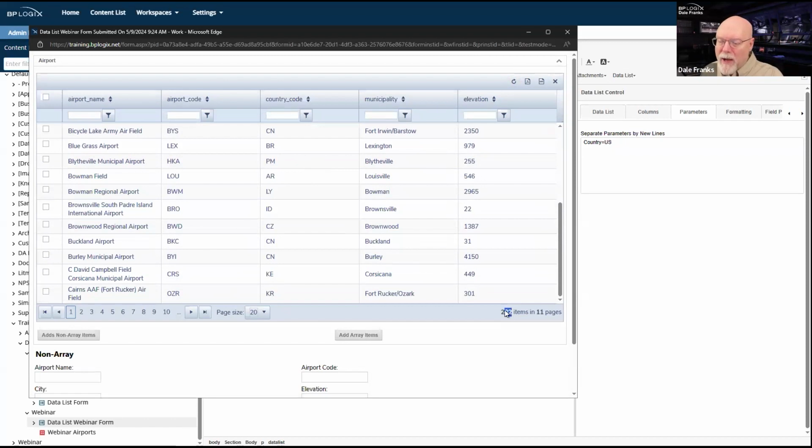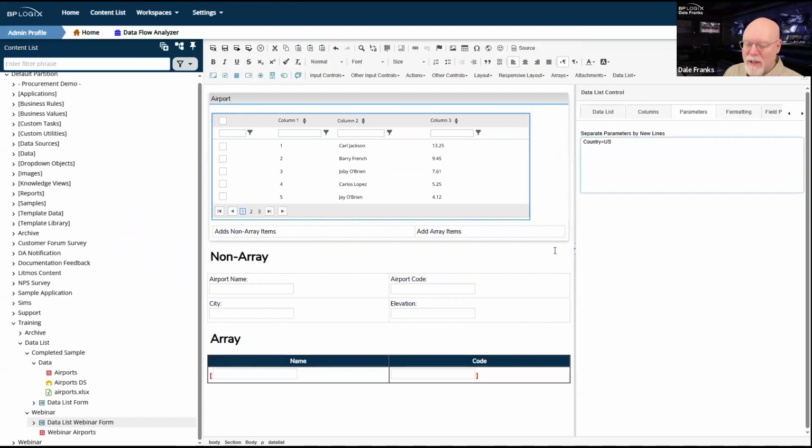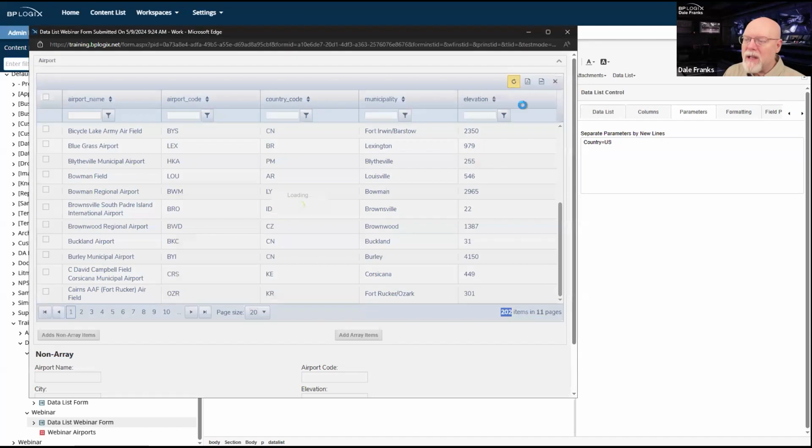Note down here at the bottom, if you haven't noticed that all these are American airports, my data set just changed from 820 some records to 202 records, and my page size dropped from 47 to 11. So now I'm only showing US airports. I've hard coded this US in here, and all I had to do is now reset it. So all of my searching and filtering that happens now just happens inside this 200 record set.